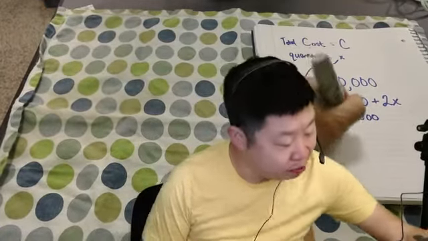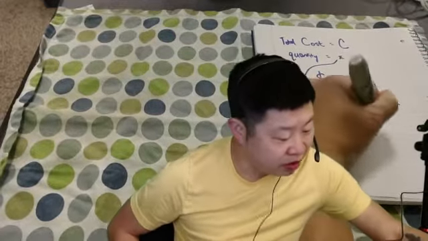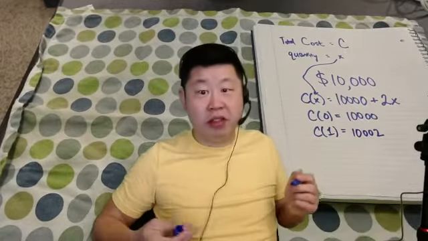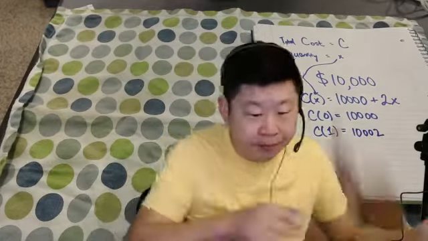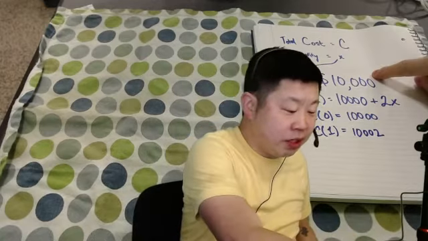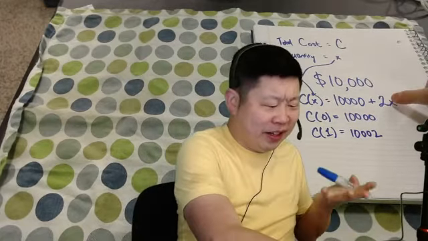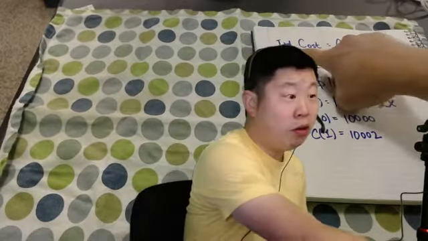What about the cost of making 1 mug? If we went back up here and plugged in 1 for x, I'll just simplify it, this ends up being 10,002. So $10,002. That's the cost of 1 mug. It's a pretty steep price for 1 mug, right? But let's say you do that. So $10,000 represents buying the machine, and then I guess you have to pay $2 extra. So $10,002 in total, and then